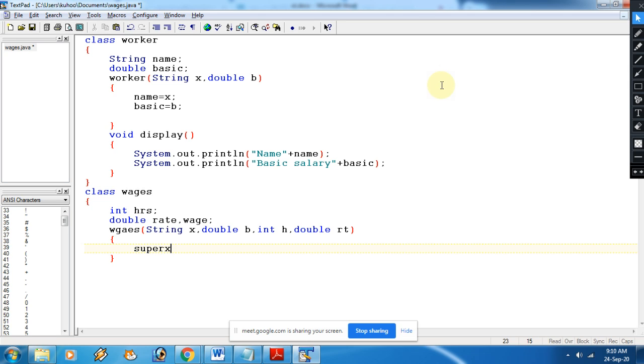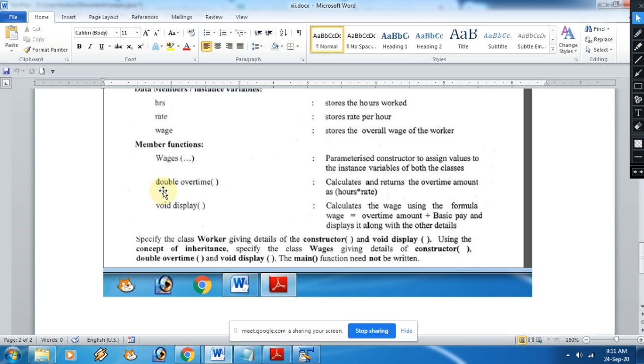For that we will pass this. After that hours equals h, then rate must be RT, and then we will initialize that variable wage to 0.0.